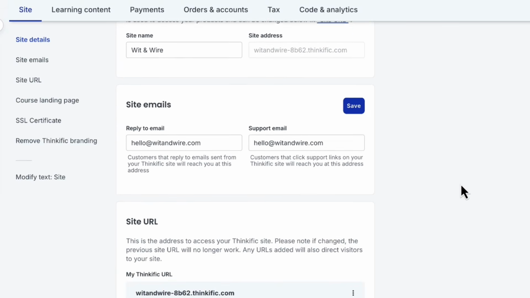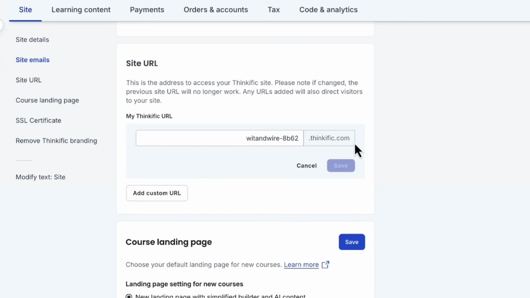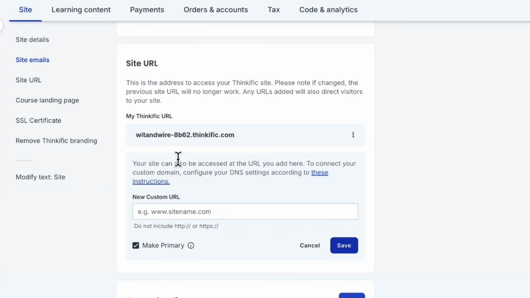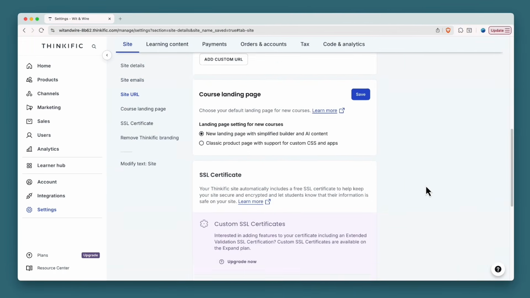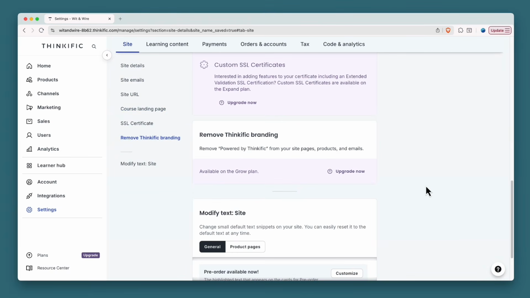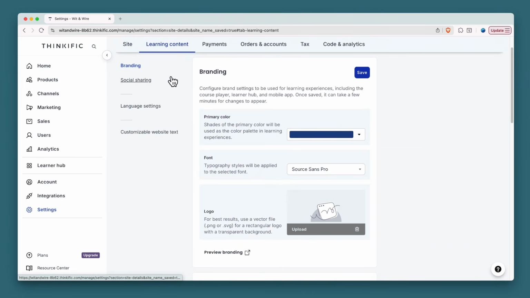And then under Site URL, you have the option to use a Thinkific URL, which you can edit here. But you also have the option to add a custom URL if you prefer to use one that you've purchased. So if needed, you can follow these instructions to get that set up. Now, I'm going to skip the rest of these settings, but I will note that you can only remove Thinkific's branding if you're on the Grow Plan or Higher, at least as of the time of this recording. But that wraps the essential settings I wanted to change,